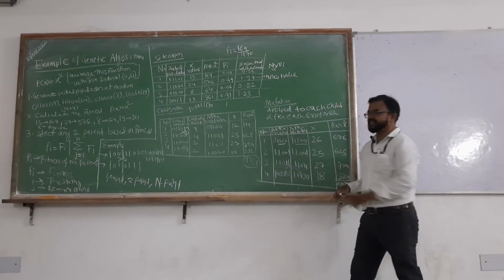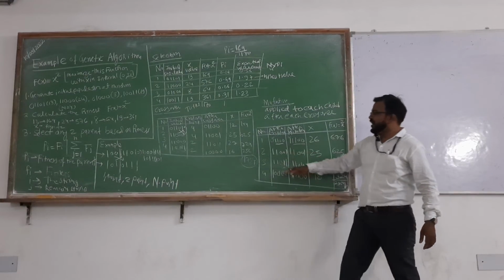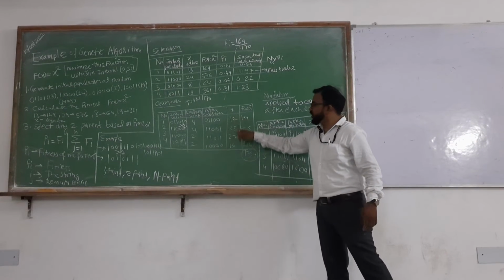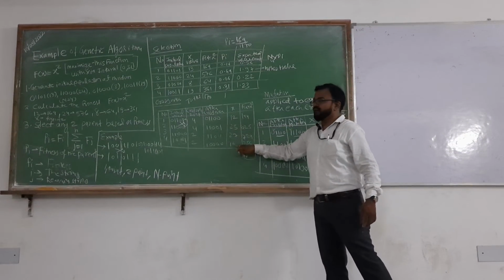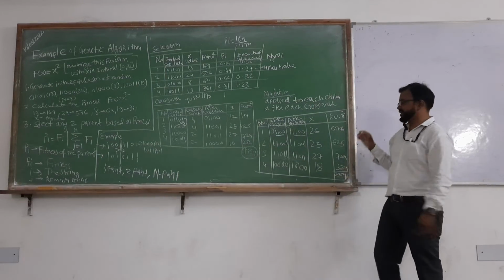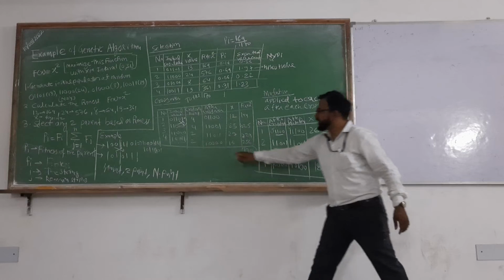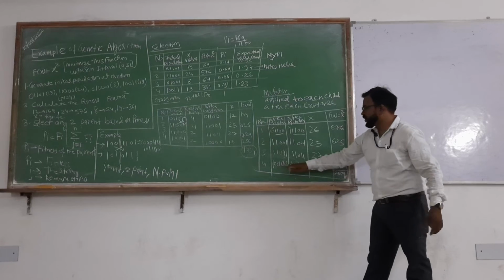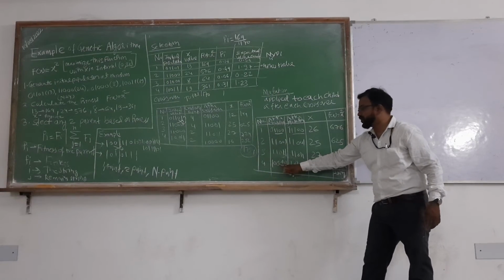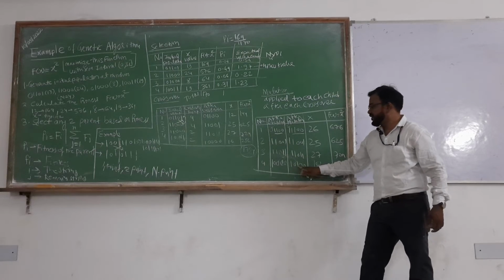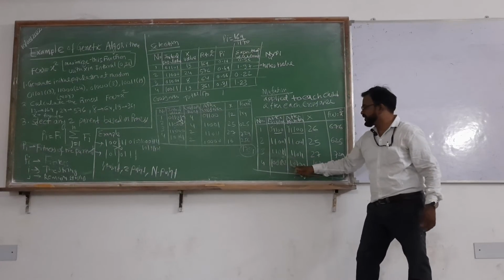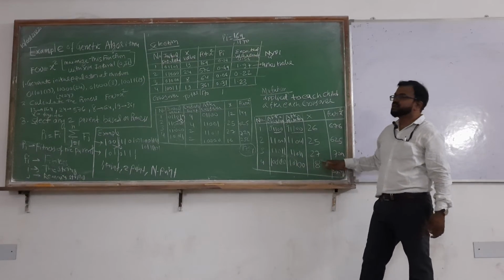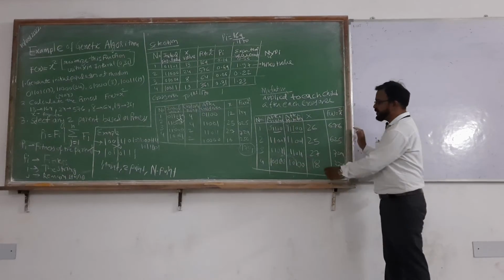Similarly, we will not apply any kind of mutation to the one that is a maximum value. Again, you can see that 27 is again maximum. Only the lower terms are 12 and 16, so for the lower terms only we will apply the mutations. If I change this particular 0, I will replace this 0 with 1. Then the new point will be 1 0 1 0 0. The decimal equivalent of the binary number becomes 18.